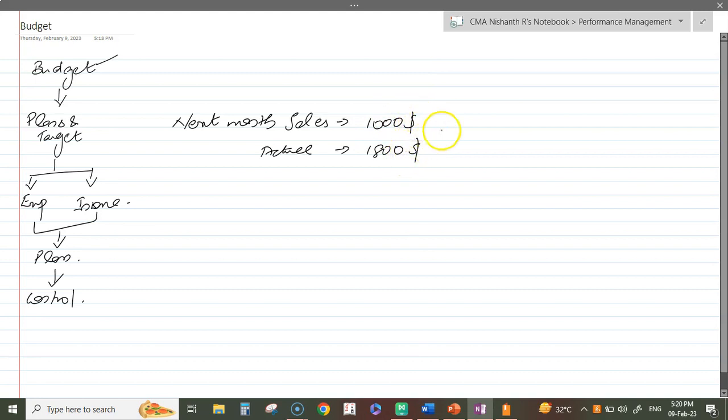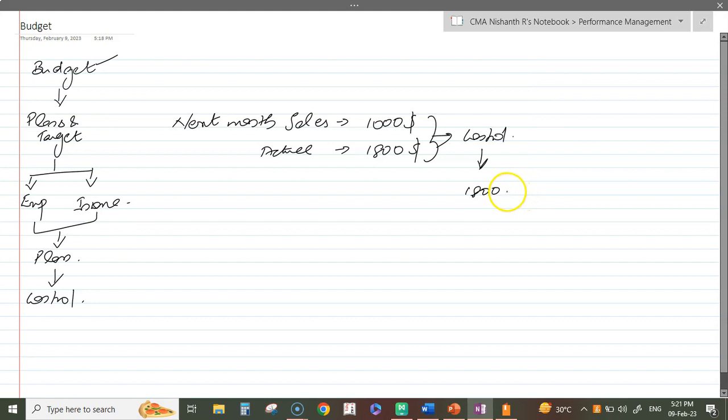So I'm going to take a control measure here. When I'm setting the target for the month following, I'll give an increment to it. I set 1000, I achieved 1800, so if I set somewhere around 1800, I will be able to achieve it.